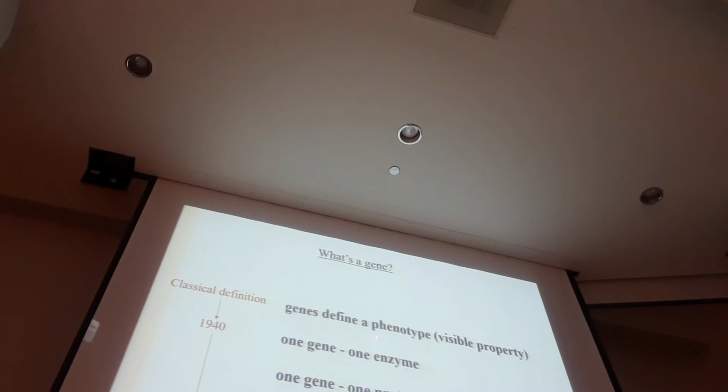Okay, so originally genes were defined as being responsible for causing a certain phenotype, visible property. And this is based on Mendel's experiments with peas pretty much in the 1850s and early 1860s, which were forgotten for quite some time, but then were rediscovered in the early 1900s. And around that time, a Danish scientist, actually, botanist if I'm not mistaken, Wilhelm Johannsen, actually defined pretty much genes as something that causes a